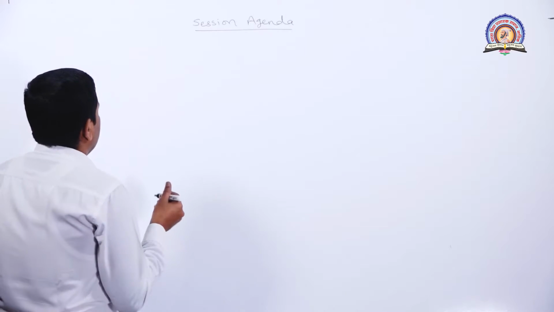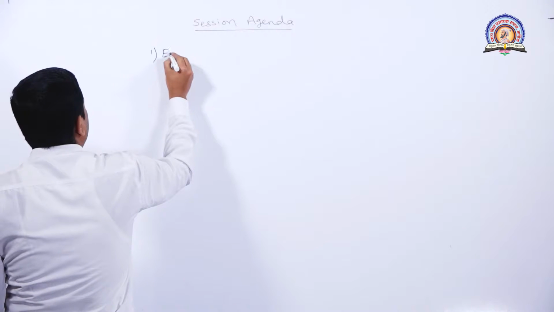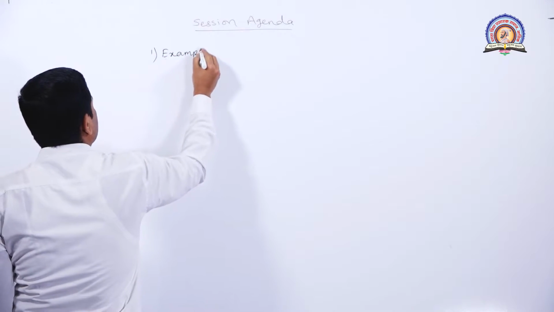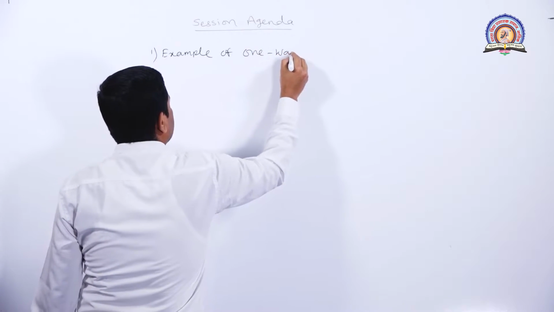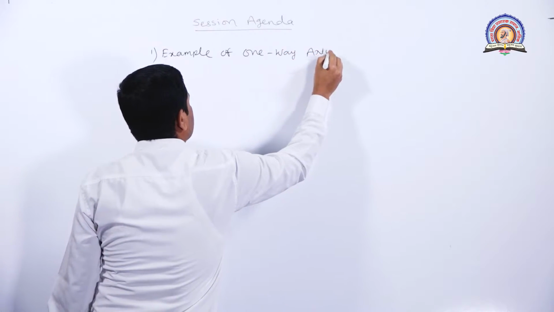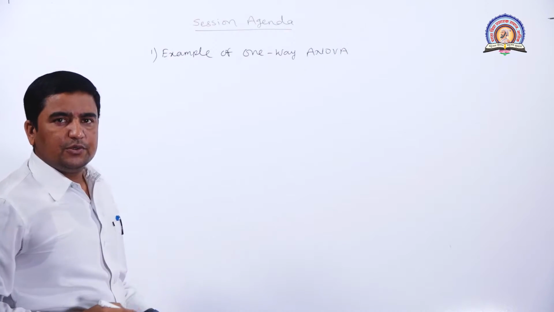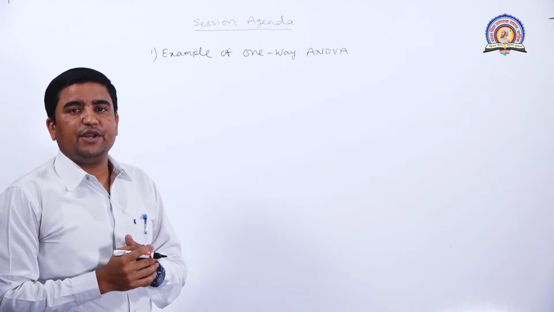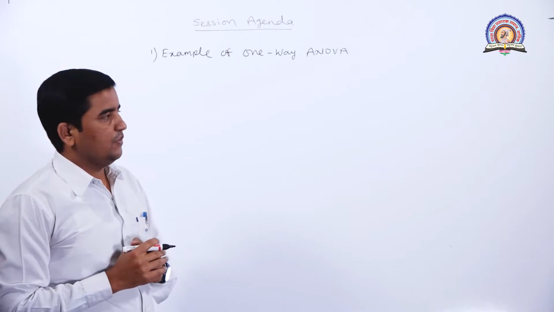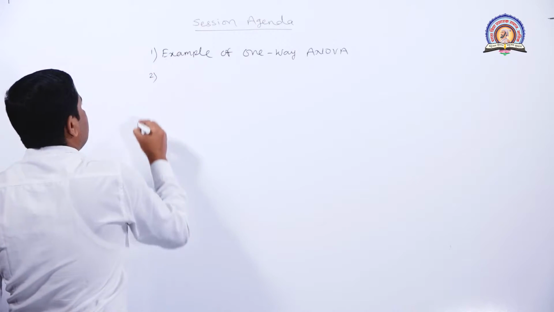In this session, we are going to see the example of one-way ANOVA, which you have already studied. In this example, we are going to check whether there is a significant difference between different treatment means or not. And the second part of this session will be